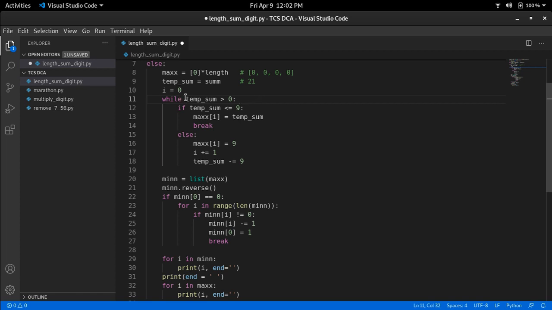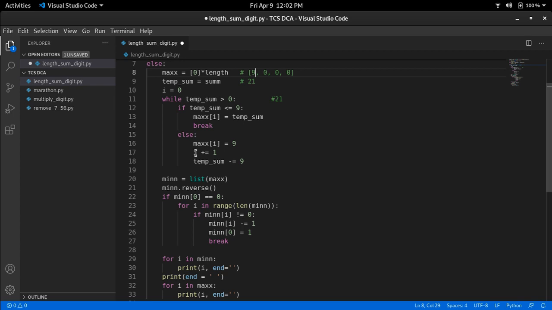Here we have 21 initially, which is greater than 0, so this condition is true. Now we are checking the if condition: is 21 less than or equal to 9? That is incorrect, so control goes inside the else. Max of i, so i is 0, so max of 0 is replaced by 9.